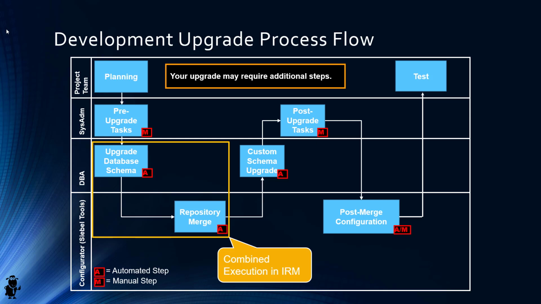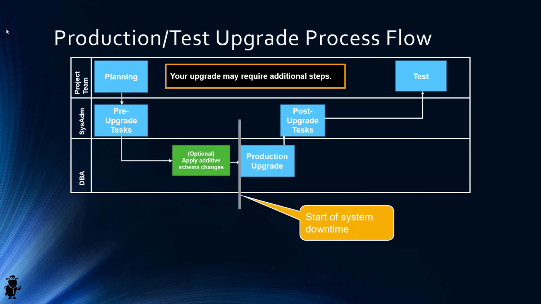And of course, there's a lot of testing in that phase, not just at the end of the process, as the diagram might make you believe. So a lot of steps, and also notice that Siebel Tools work, or Web Tools work for that matter, is involved here. And now let's compare this to a process flow of a production or test upgrade, where you have